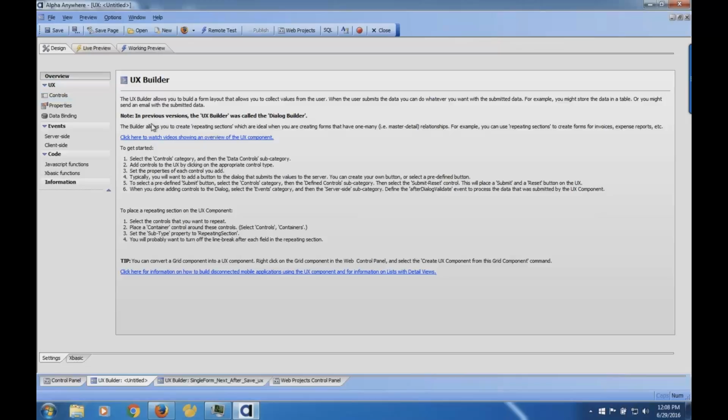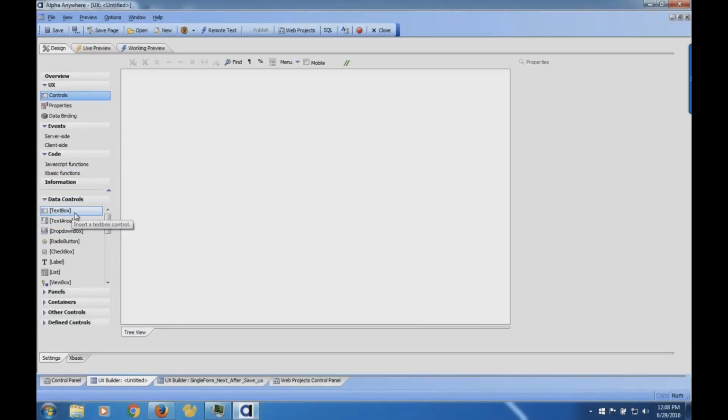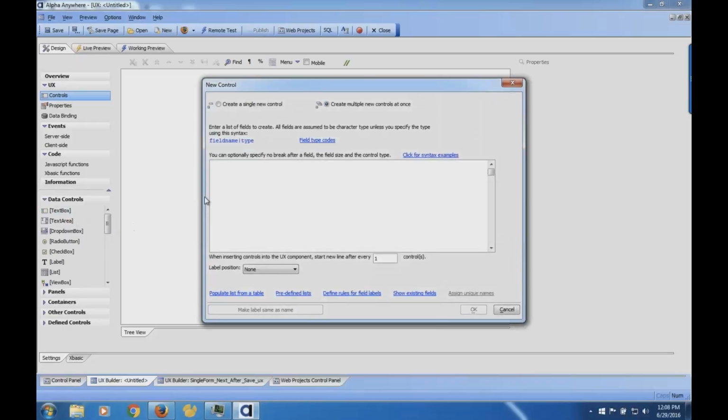You should note there are some nice videos. You can click right here to see videos and some more information about how to build disconnected. There's a lot of help and other things there, but if I go to controls, you'll notice it's blank. Now I could connect this to the data set and then start adding text boxes, etc. But I'm going to make this a data-driven form, and I'm going to use our Genie to do that. Therefore, you're going to see how easy it is to build a data-bound form to the database. So I'm going to click text box, so I'm clicking any data control here. Now, before I type in any controls, you'll notice down here there's a neat little feature called Populate Lists from a table.